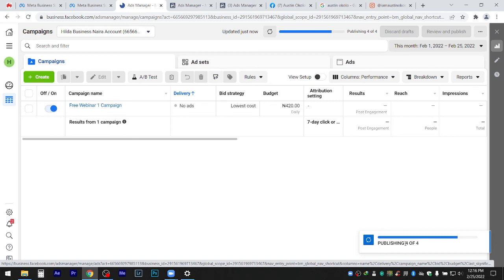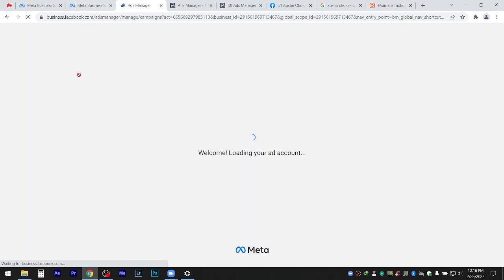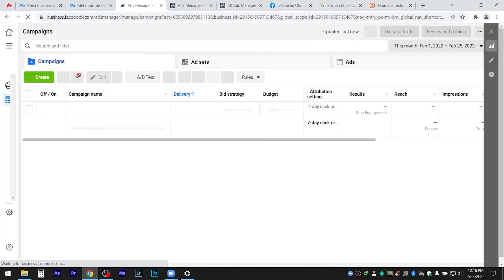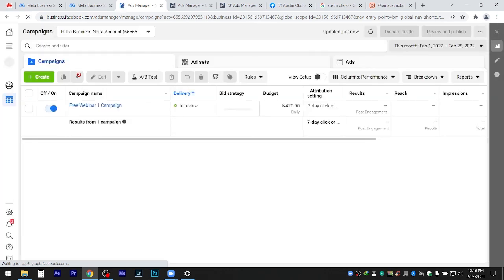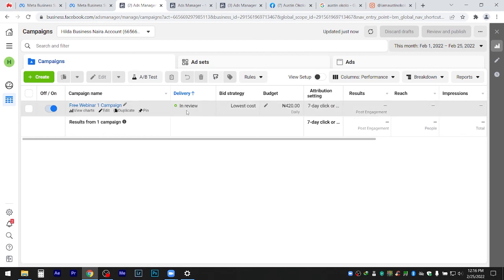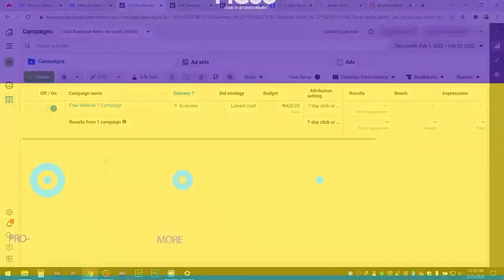But whatever it is, when you come back, it'll be showing you processing. I'm not going to leave it to finish publishing. I'm going to refresh it. I don't have that time. When I refresh, it will show me processing or in review. So it's showing me delivery is in review. When they are finished reviewing it, they will approve it. Then the ad will start running. So the next